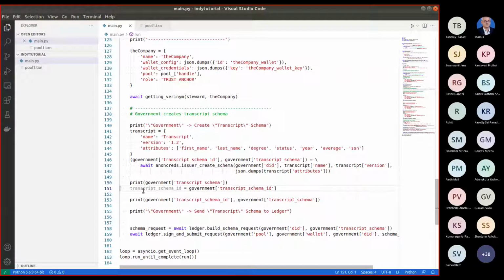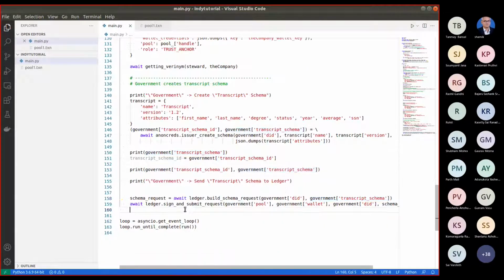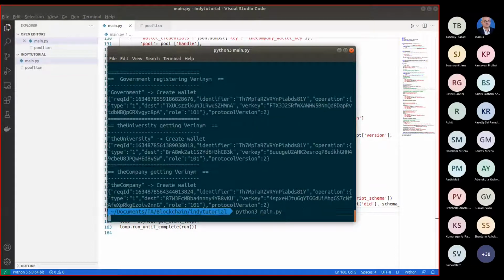So this transcript schema is used by the name request, which will take this government transcript schema. Yes, so I'm printing it to show you how it looks.